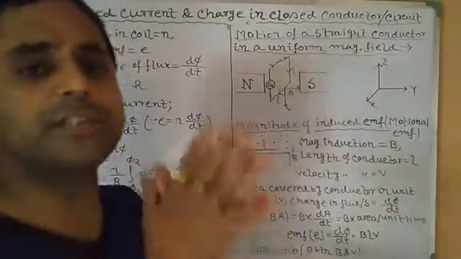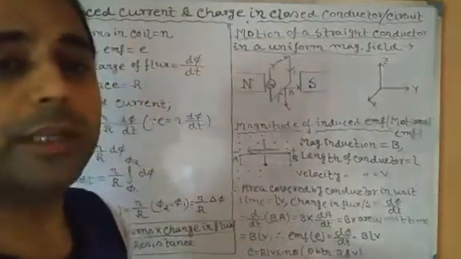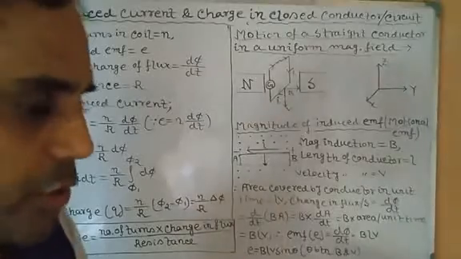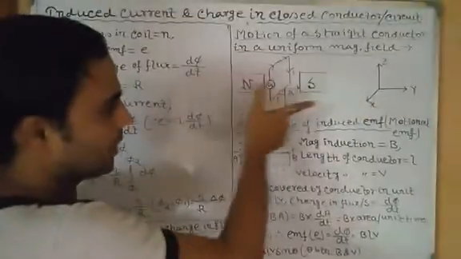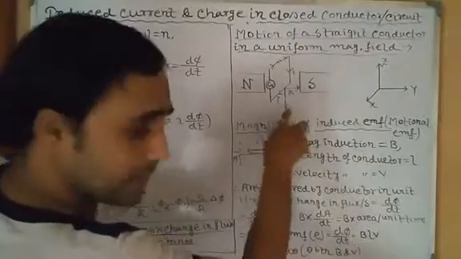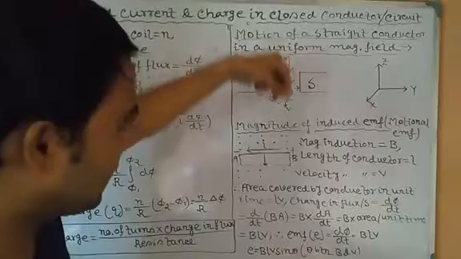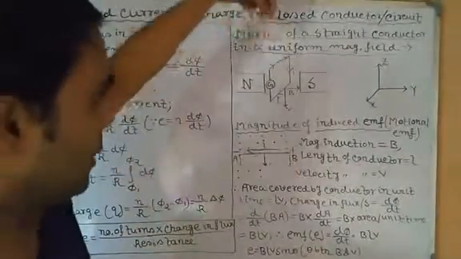But what will be the direction of this induced current? So we will determine it. To find it out, we will use Fleming's right hand rule, which we have already learned in a previous video. Here the magnetic field is acting towards the y-axis, you can see, and in the first case, suppose the conductor is moved in the downward direction, which is indicated by V. Here V represents the direction of motion of the conductor. Initially it is moved in the downward direction. Later you will see if it is moved in the upward direction, what will be the direction of the current.